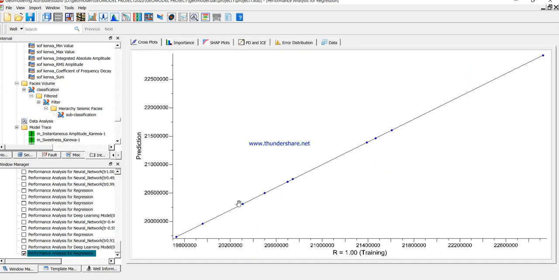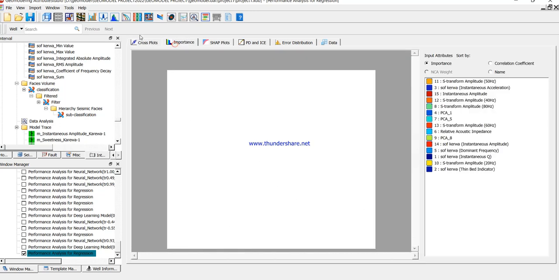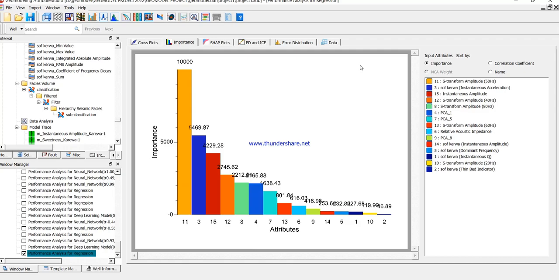This is the performance of regression. We make a relation where I want to predict something like gamma ray. This is the predicted data, and this is the real data. So we have the importance, the priority of importance of each